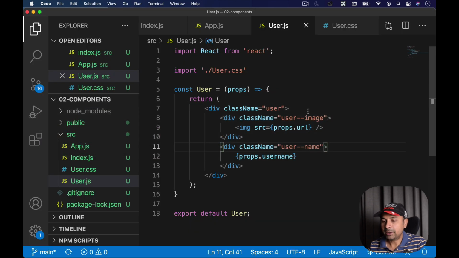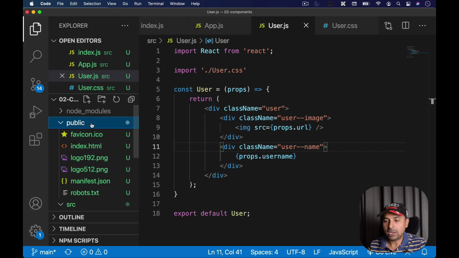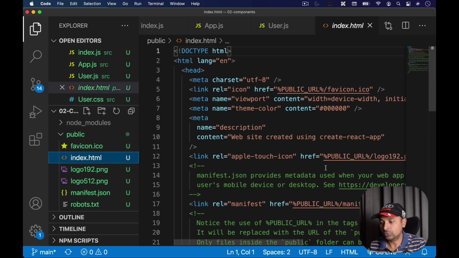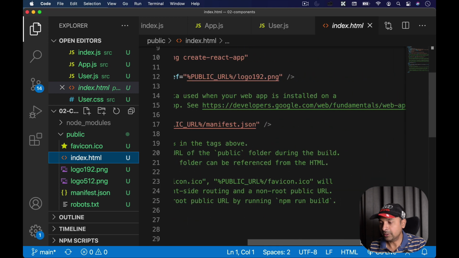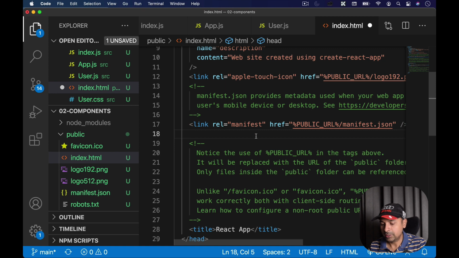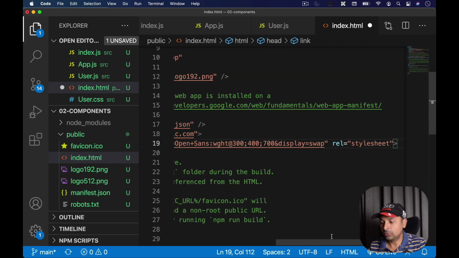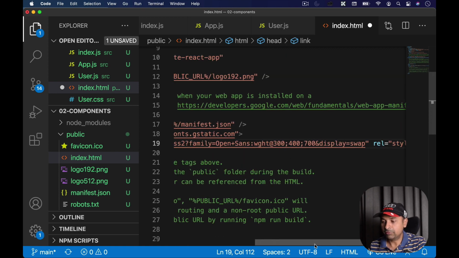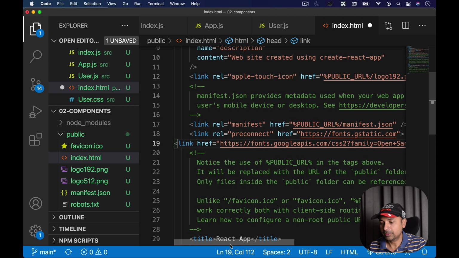And I'm going to come back and I want to use the online fonts, which is going to get downloaded into the browser while the application is running. So how to link those fonts? You need to go to your index.html file and link those fonts here. I've just copied that link, right? I just need to paste that link here. So I'm going to just press enter here and paste it. So this is how we can use those fonts. And I have three different styles, 300, 400, 700. So now I have those fonts inside my HTML file.